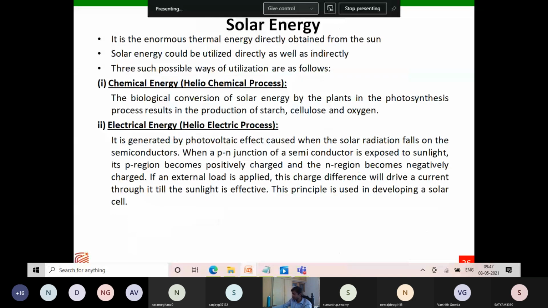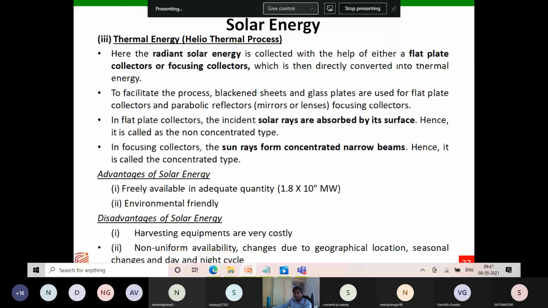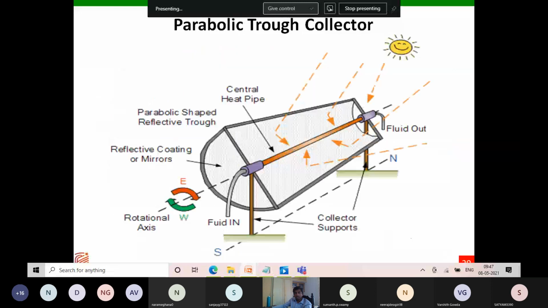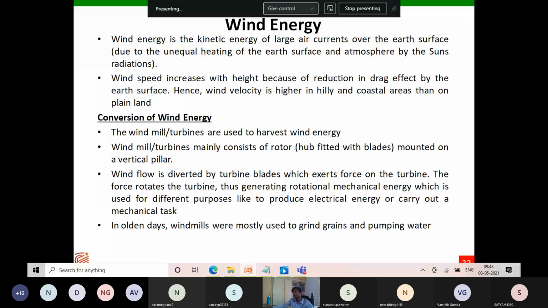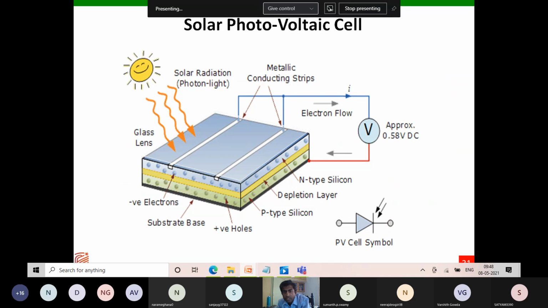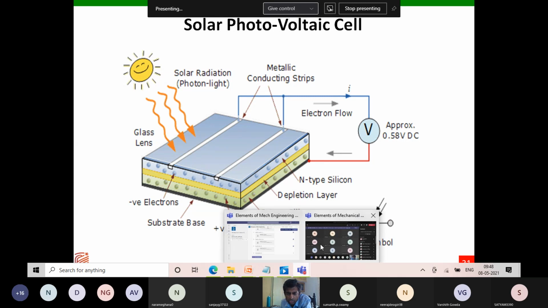We have seen solar energy and biomass conversion technologies. Now we will go to what is called wind energy. Guys, do you know what is wind energy? What is the cause of wind production? Can anybody guess that? Can anybody guess why wind energy is produced?